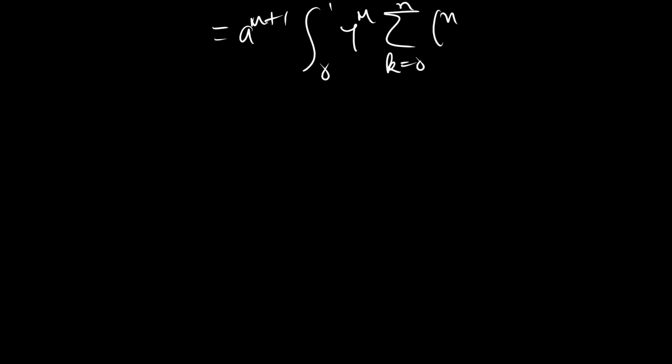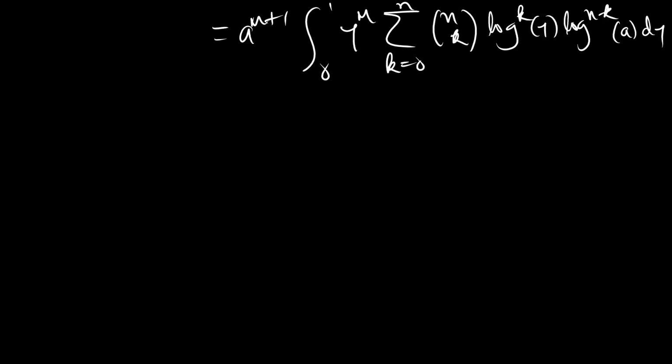So since our problem has gotten us to this, integral of y to the m, summation k equals 0 to n of n choose k, log to the k of y, log to the n minus k of a,